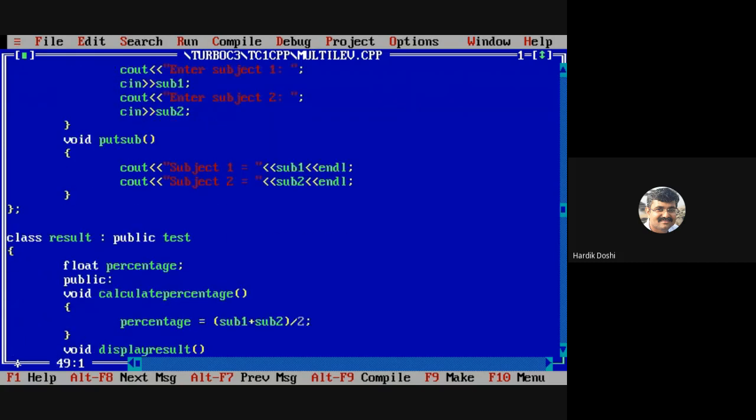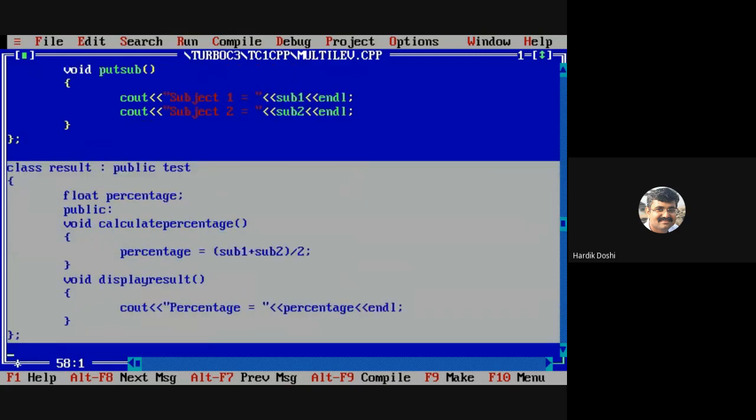Okay. So over here, what will come? Roll number, sub 1, sub 2. But they will go in which section? Protected. Security doesn't erase. What about functions? Get roll, put roll.